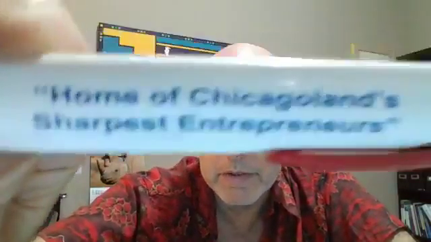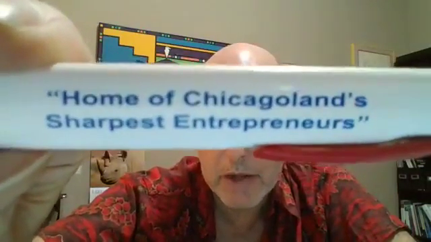And there's a third side. Oh, there it is. It was called the Chicago and Northwest Suburbs chapter of the Glazer Kennedy Insider Circle, which I colloquially called, and later when Bill Glazer sold the company and the entire company went into hell and I left the company, I then named it Chicagoland Sharpest Entrepreneurs. It was no longer a chapter. But anyway, so there's a pen that I got. I use that a lot. This was the one I happened to be using today when I saw this arrive in the mail.